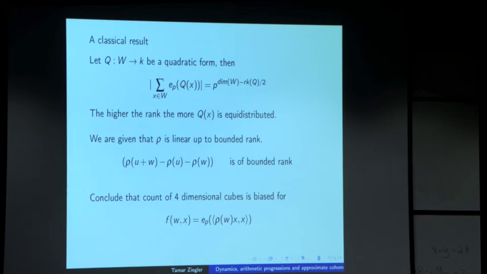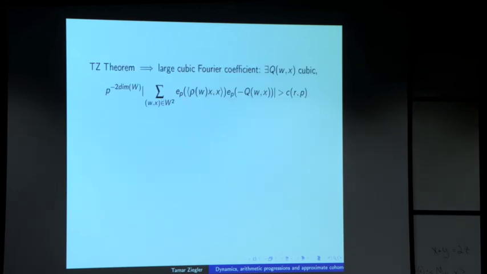So I'm trying to pick up, if it were truly linear, if it were truly a homomorphism that would be truly cubic, then it would have exactly the right count of 4-dimensional cubes, and in this case, I'm hoping to pick up some bias. So again, you might protest that this is not a set and this is a function, but you can do the same manipulations with functions instead of with sets. So I'm trying to pick up bias in the count of 4-dimensional cubes, and the theorem that I mentioned before,